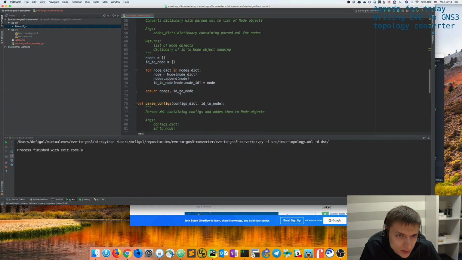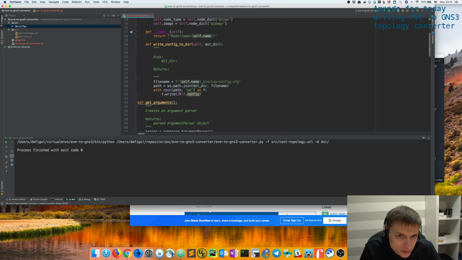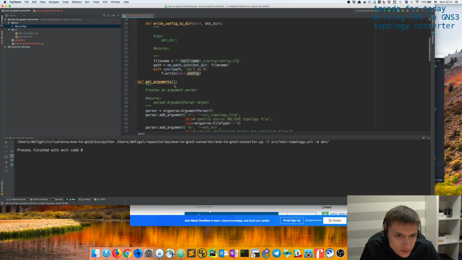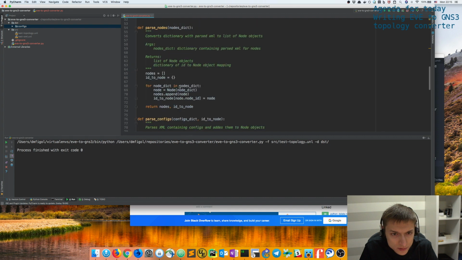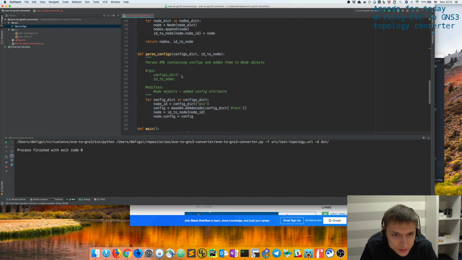So I'm thinking if I should, yeah, before I wrap up, I actually need to add this, so it will be dictionary is parsed XML configs, and I need to note dictionary containing ID to